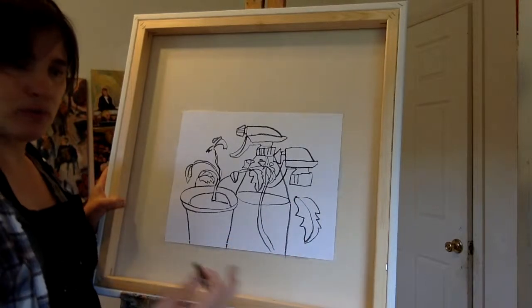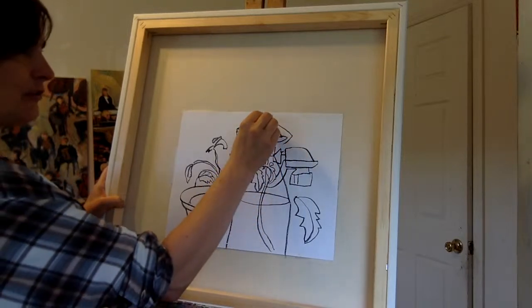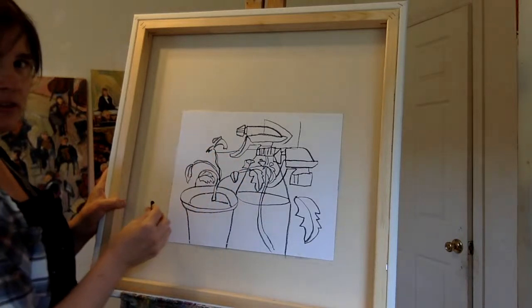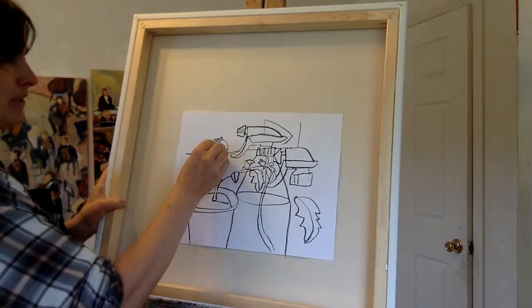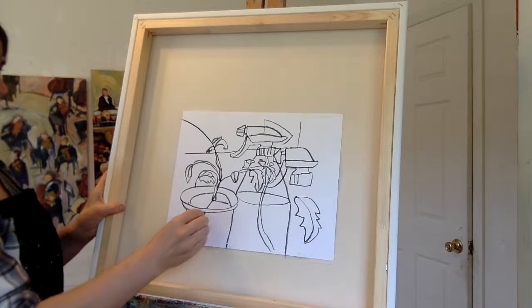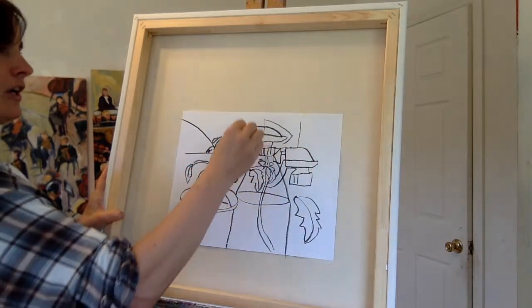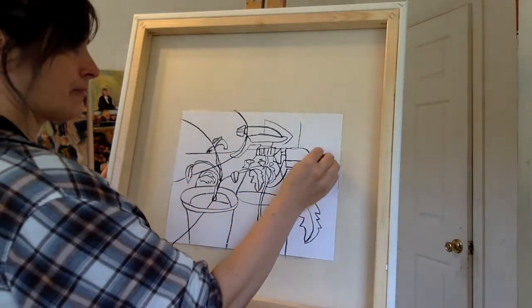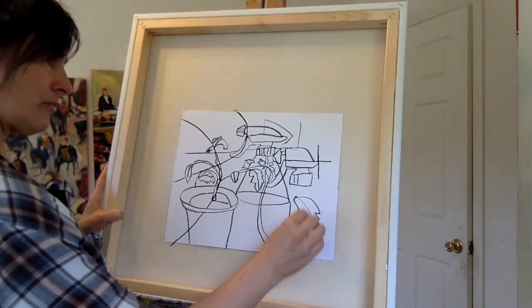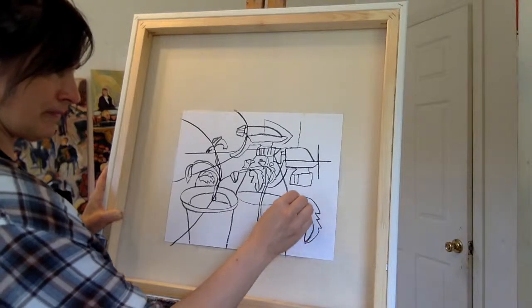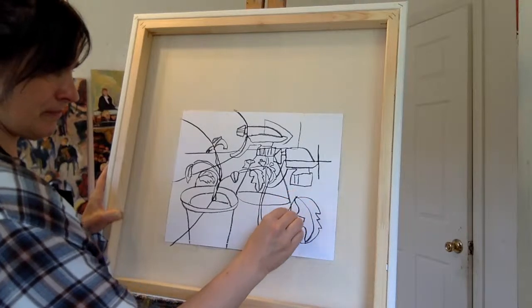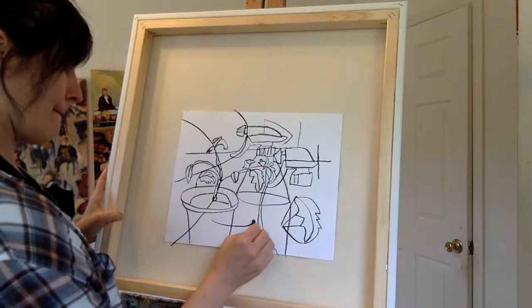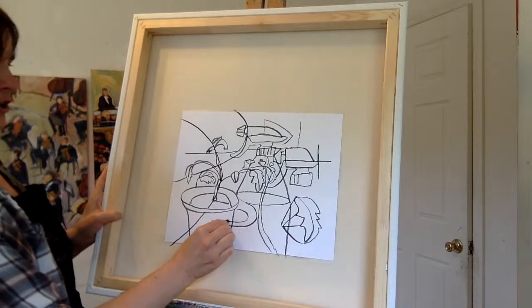So something that the cubists would do is repeat these shapes, but then also start to connect them with lines that would maybe tie some of these shapes together. And it could be really random. It doesn't have to be anything super calculated, but you can just start to draw connections between some of these shapes. You could just draw a part of